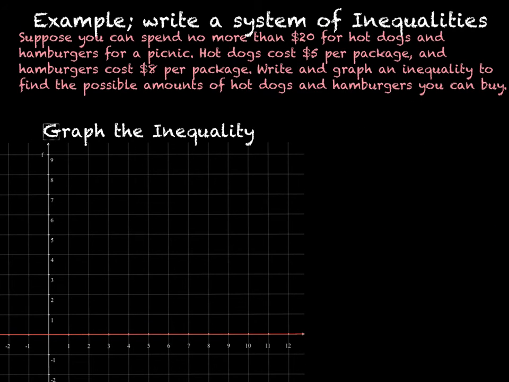And my last example here. Suppose you can spend no more than $20 for hot dogs. So we can spend $20 or less on hot dogs and hamburgers. So if I call hot dogs my x, and hamburgers my y,